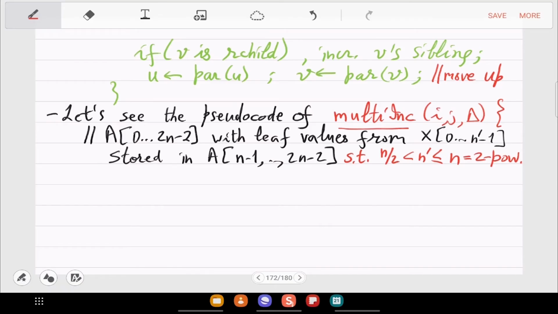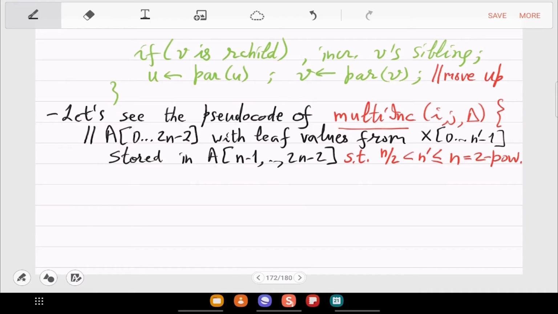That is the leaf part, and before n by 2 is the internal node part. That is the complete binary tree semantics, or the skeletal structure. So this will be important because in the pseudocode you need exact formulas to go to the parent and go to children. So now we will do that.